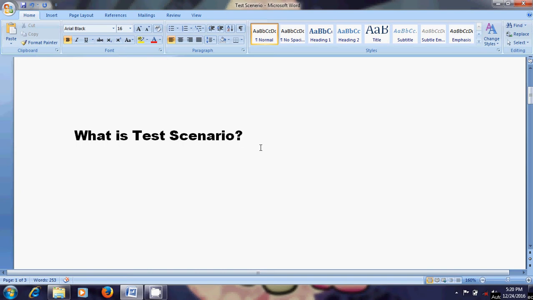Next point, test scenario is a concept which provides one line information about what to test, that I told you. Another important point is that a test scenario has a one-to-many relation with test cases, meaning a test scenario can have multiple test cases.